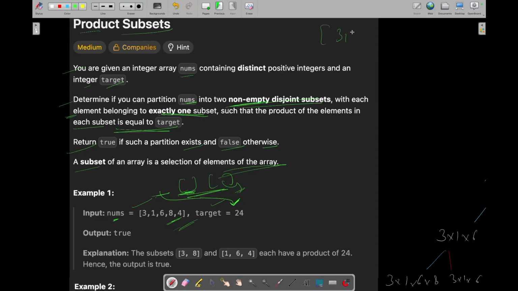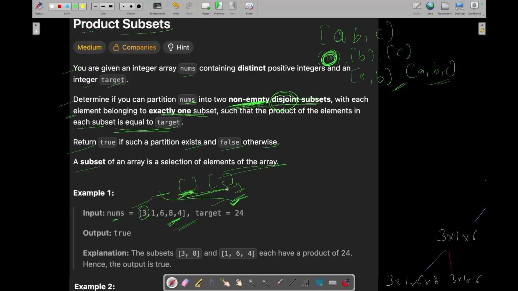Okay, what is a subset? Let's say you are given some array like A, B, C. So A can be one subset, B can be one subset, C can be one subset, A, B can be one subset, A, B, C can also be one subset. But in this question you have been given non-empty disjoint subsets. Disjoint means an element should occur in only one subset, right? Three can occur only in one subset among these two, not in both of them. Okay, so you need to find whether you can divide these elements into such two subsets or not.